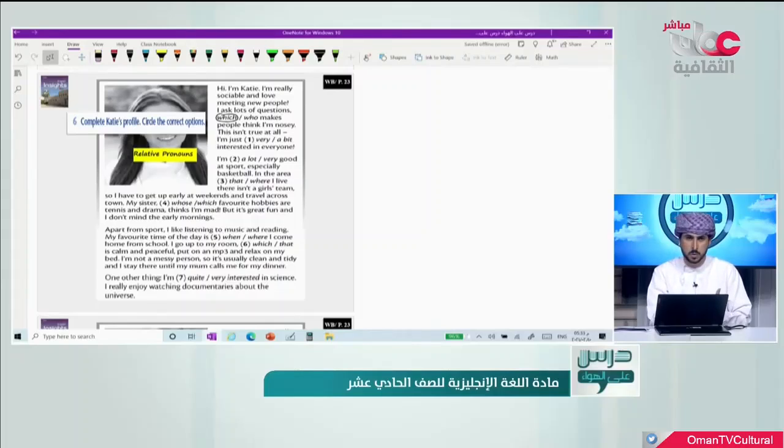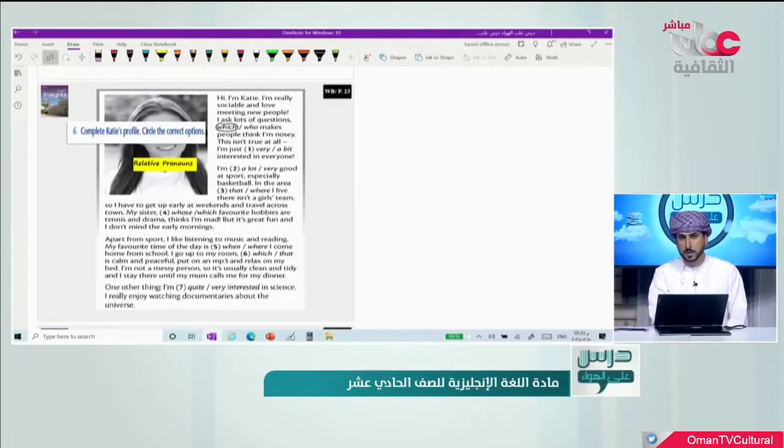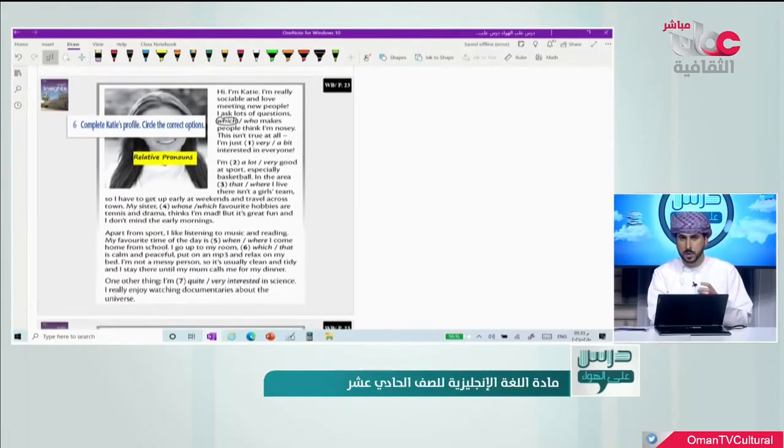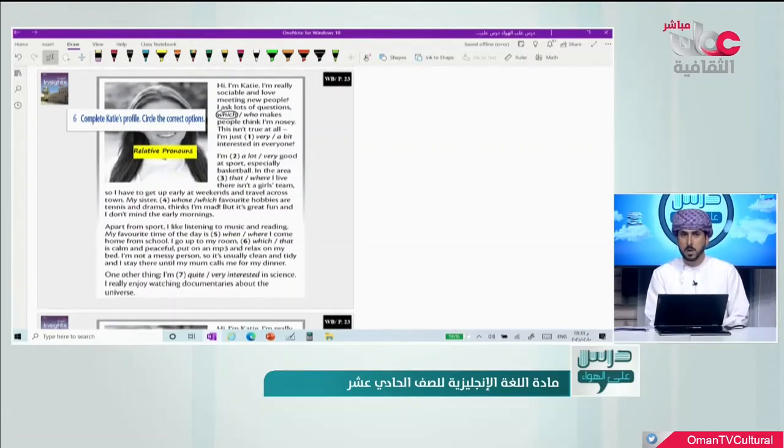We are going to study it in depth so that we can know the main and the important elements that we want to focus on. So now I want you to take a sheet of paper and pay attention to the information I will give you today, and inshallah at the end of this lesson you will be able to write a well-planned and organized descriptive essay. So let's start with this